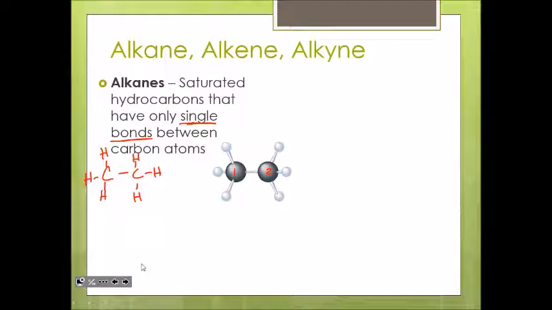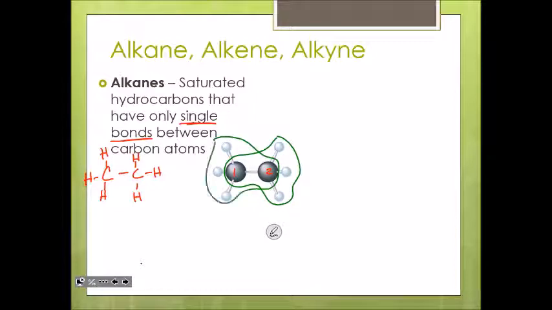You see the ball and stick model. If you look at the ball and stick model, it's basically 2 tetrahedrals stuck together. Very 3-dimensional. I don't know if you can visually see it, but this would be one of the tetrahedrals. Then this would be the other tetrahedral here. So it's like 2 tetrahedrals have been stuck together. The key is, though, for alkanes, only single bonds, all hydrocarbons, but all single bonds.